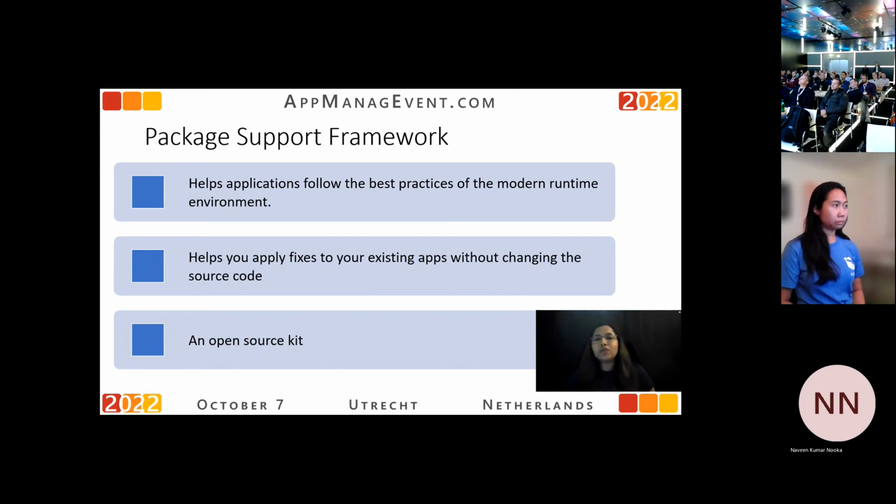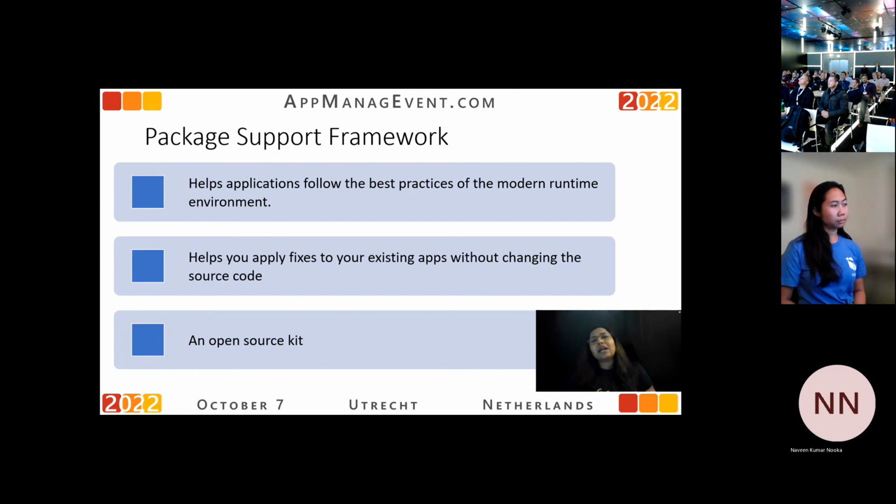Let's say you have an application which was working well as a Win32 application. But when you package that application as an MSIX, you observe there is some functionality loss. This loss could be mostly related to the application not behaving as required in the modern runtime environment. For example, the application was trying to write to the install directory, which is not supported.